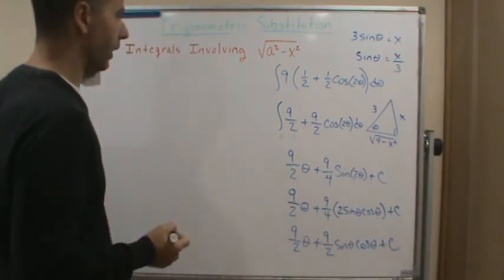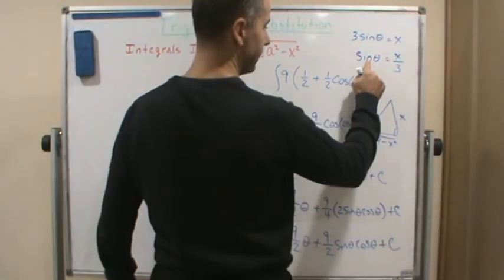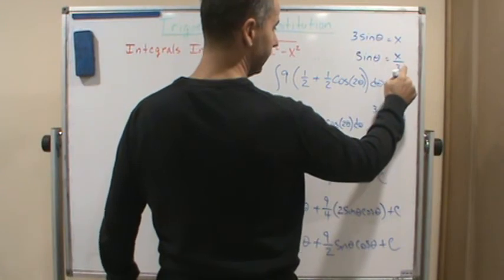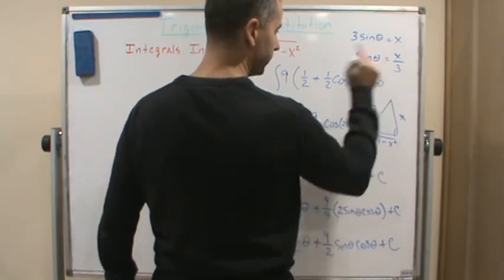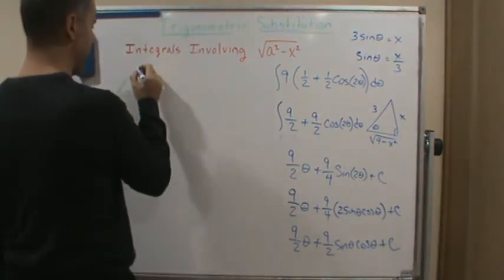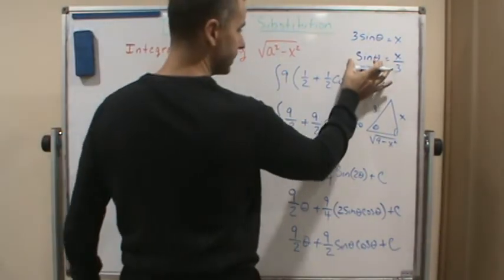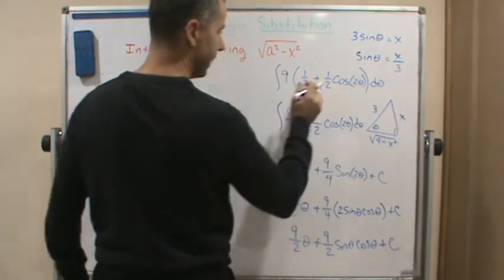Okay, so how do I do this? Well, I use the fact that if I take the inverse sine of both sides of this, I get theta